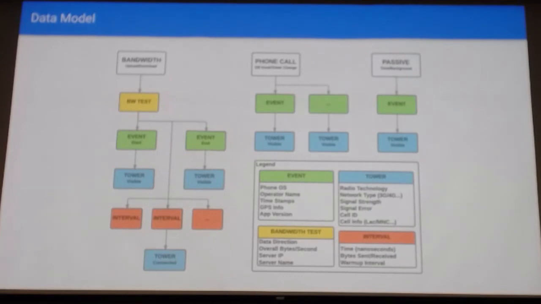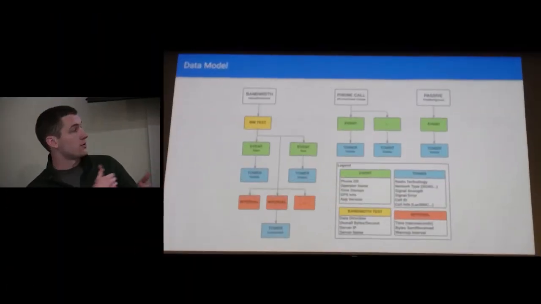So this diagram describes the schema of the different types of data that we collect. On the far left, or your right, you can see the passive data, which at the root is just one event, a timestamp and a location, and then the set of towers that are visible at that time and their signal strength. And then during a phone call, the app will group all those events together into one object so that researchers can analyze